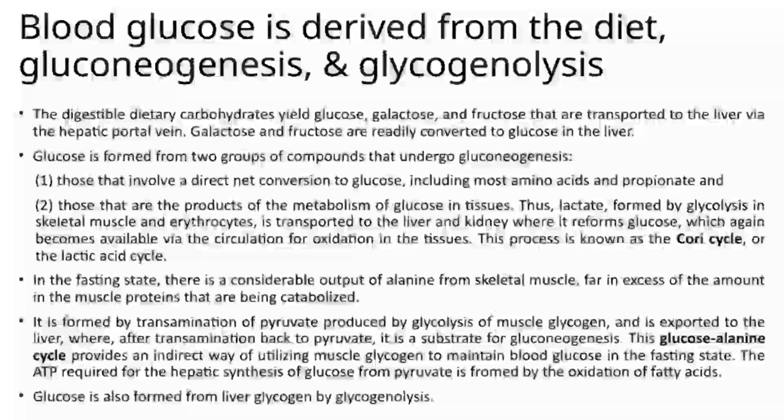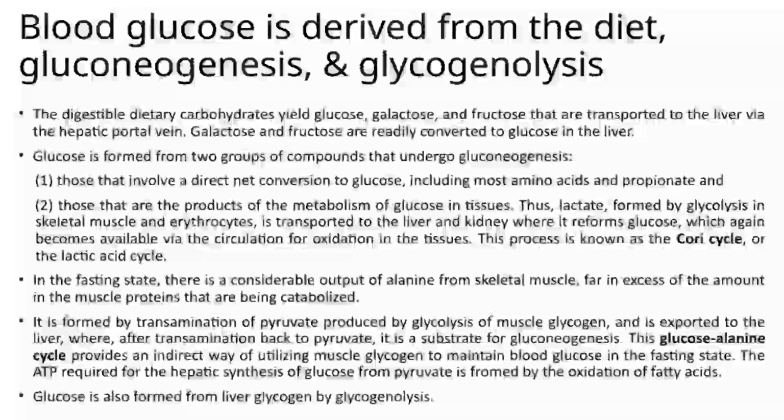Now, glucose can also be formed through gluconeogenesis, which involves two main groups of compounds. The first group includes those that can be directly converted into glucose, such as most amino acids and propionate. The second group consists of products from tissue metabolism, like lactate, which is produced during glycolysis in skeletal muscle and red blood cells. This lactate then travels to the liver and kidneys, where it is converted back into glucose. This cycle, known as the Cori cycle or lactic acid cycle, is essential for recycling lactate and maintaining blood glucose,